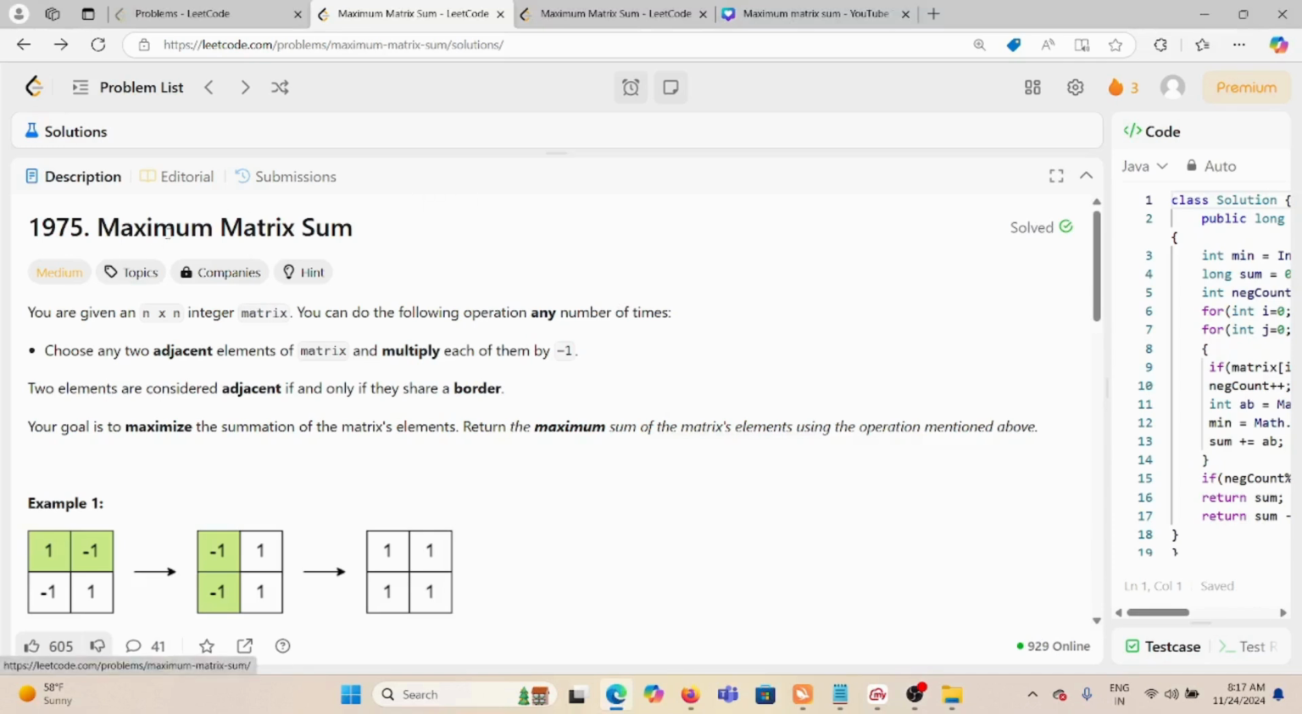Today we are solving this problem, maximum matrix sum. You are given an n cross n integer matrix. You can do the following operation any number of times. The operation is to choose any two adjacent elements of the matrix and multiply each of them, both of them,